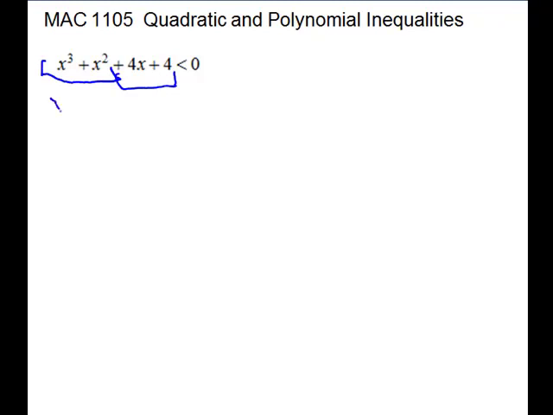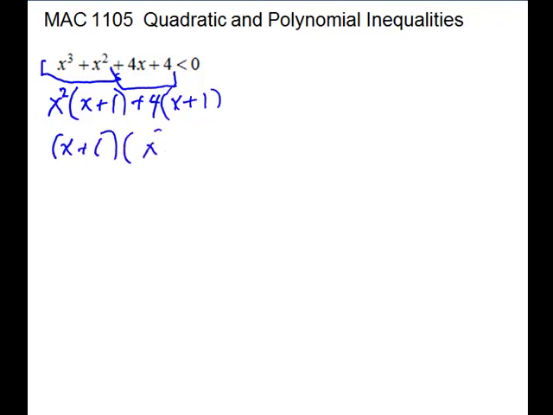So we have x squared times x plus 1. We have plus 4 times x plus 1. We have a common binomial, times x squared plus 4. Now, x squared plus 4 will not continue to factor, and if you try to solve it, it gives you complex answers